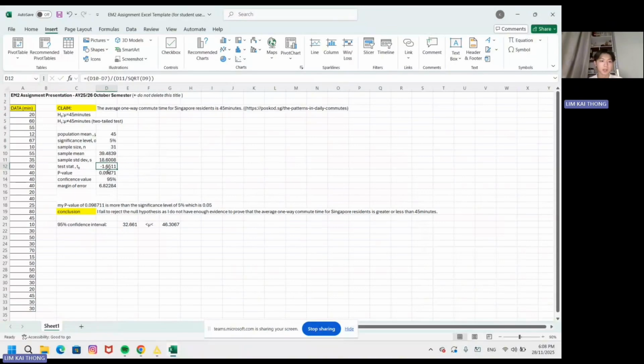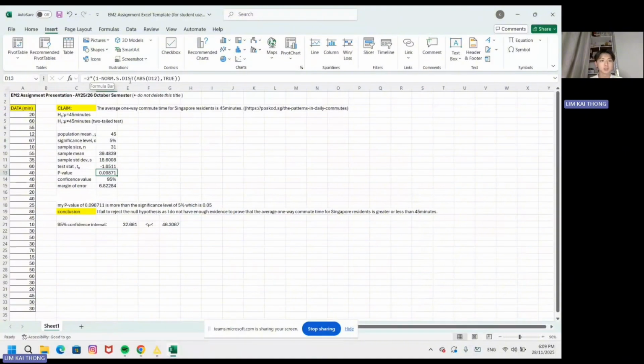For the test statistic, I use the formula equals (D10, which is my sample mean, minus D7, my population mean) over (D11, which is my sample standard deviation, divided by the square root of D9, which is my sample size). So moving on to my p-value, I use the formula of 2 times (1 minus